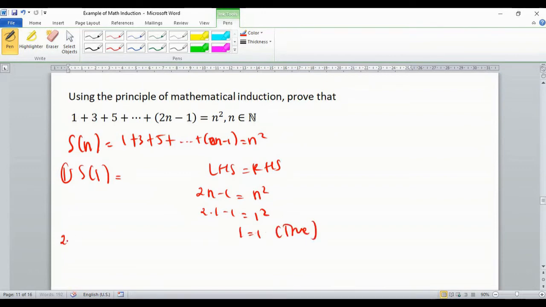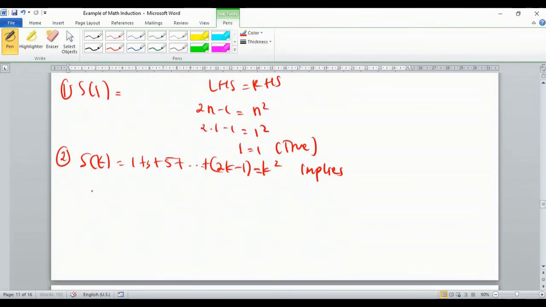So we want to continue to S(k). Change all the variable n to k: 1 plus 3 plus 5 plus dot dot dot plus 2k minus 1 equals k squared. Okay, so this one should imply S(k plus 1). From here we can write 1 plus 3 plus 5 plus dot dot dot